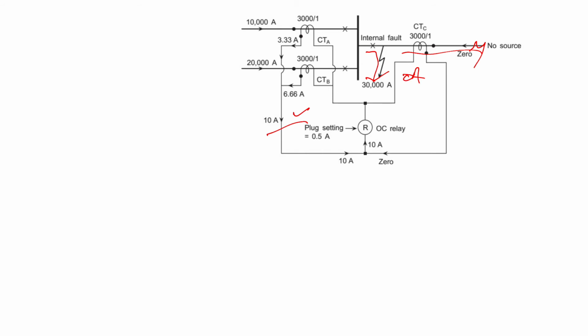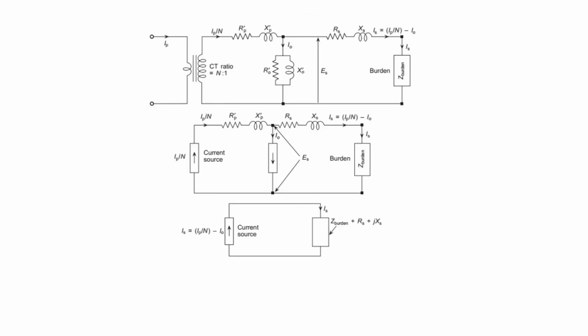So the maloperation of the busbar differential scheme on external fault is caused due to the non-ideal behavior of CT carrying excessive primary current. It will therefore be pertinent to take a closer look over the actual behavior of the protective current transformer. We can see their equivalent diagram, and after that we can analyze what happens in case of CTs in that very case. So we'll discuss the actual behavior of the protective CT.